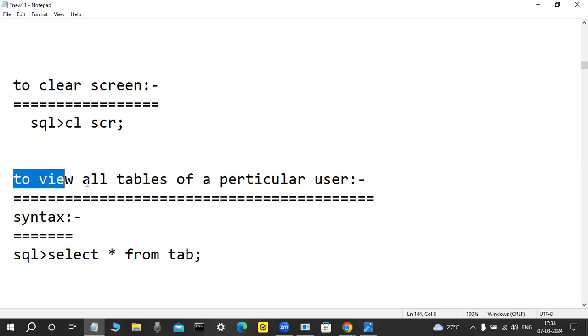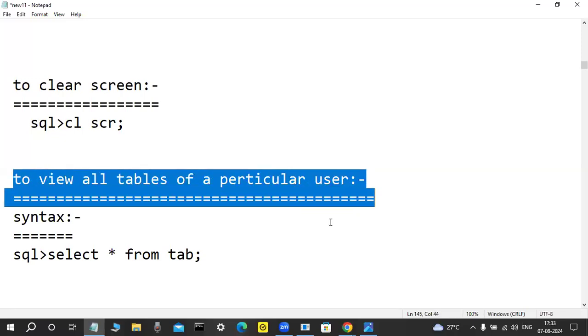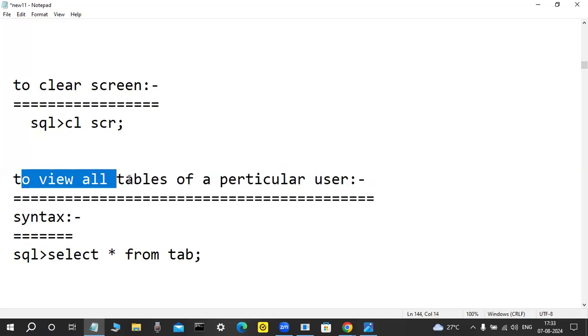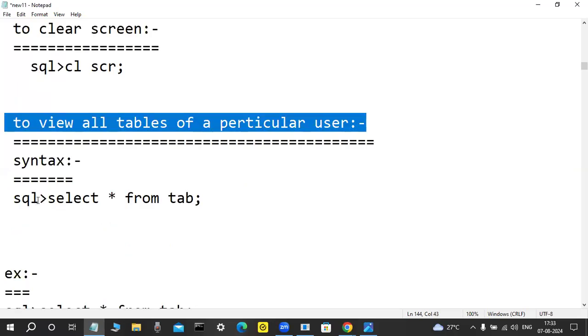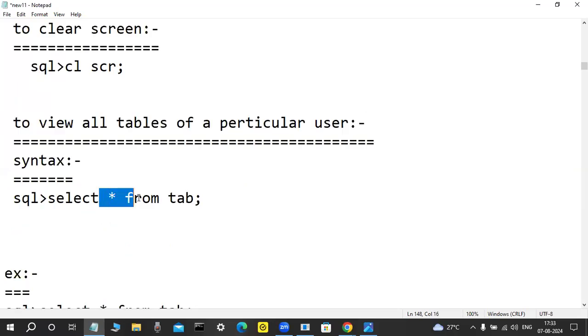Write it like this. To view all tables of a particular user, not all users. All users means ALL_TABLES, that is later. To view all tables, DBA_TABLES, ALL_TABLES, USER_TABLES are different. Write it. To view all tables of a particular user, the syntax is: go to the SQL prompt, select * from tab;